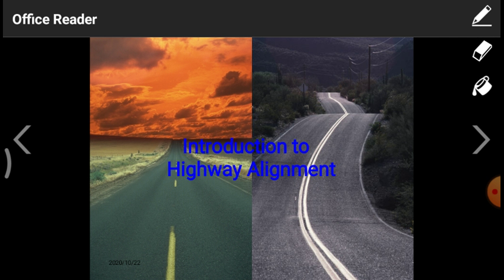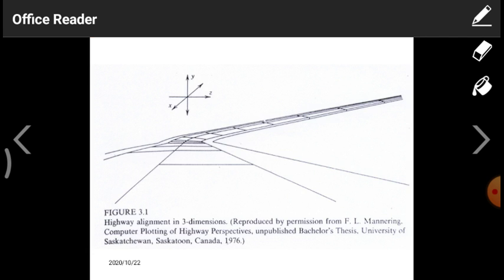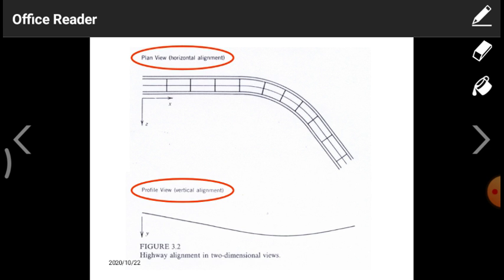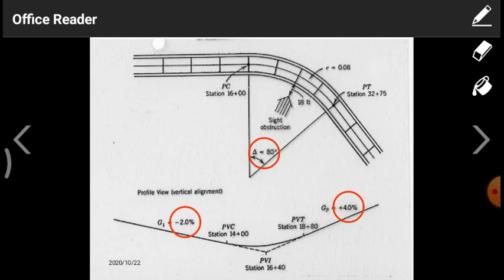This is the starting of the intersection, particular PPT. Highway alignment. This is the normal highway having a straight road. It is a highway having alignment with respect to vertical direction. This is also a highway having a horizontal curve with respect to some quantity of vertical alignment. This is the example for horizontal alignment and vertical alignment with respect to x direction, y direction, and z direction.